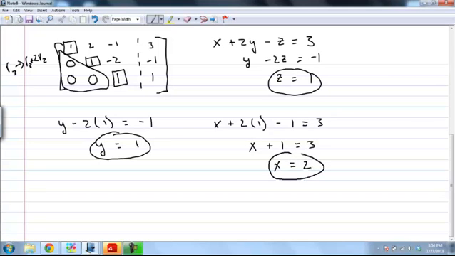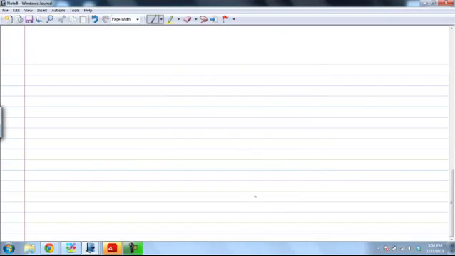And I get my solution for x. Okay. Let's look at another equation, another system. This time,